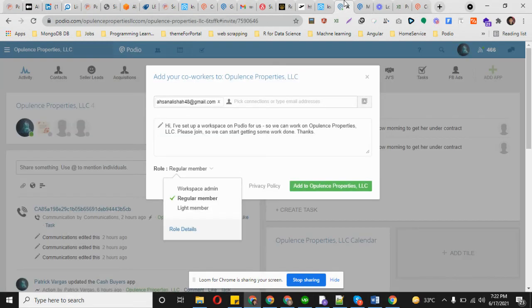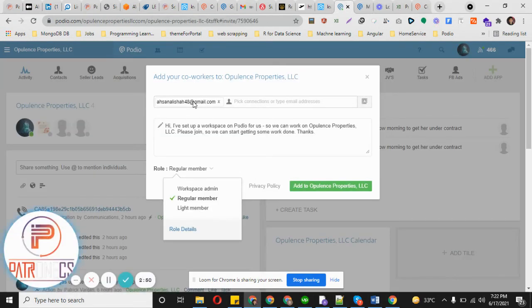So I am currently in this workspace. I am going to add this user. I will make him admin of this workspace. If you change my role to light member, it means that I cannot delete any app. I cannot make any changes. I don't have access to workflow automation. I can just see data. I cannot delete items created by others. But I can create new items. I can comment on other people's items, but I cannot modify them in some cases. It depends on how much privilege we give to someone.